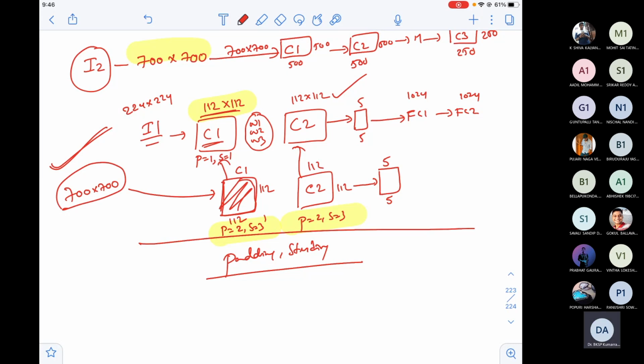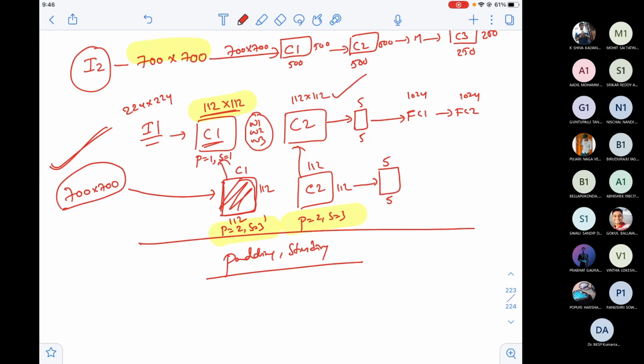Now, one thing you need to remember: in this process, the number of weights, not neurons, sorry, the number of weights will vary at some place.